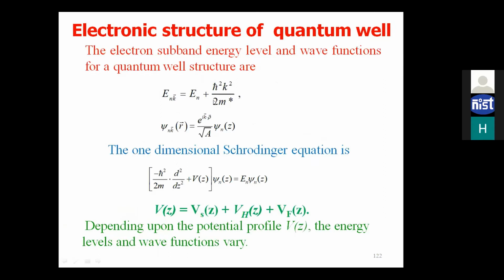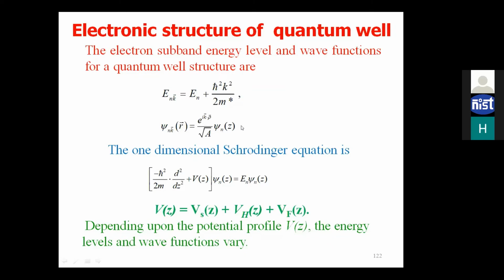Similarly, the electron which is present in the energy level E_nk is associated with the wave function which is ψ_nk(r), where r is a two-dimensional vector, equal to e to the power i k·ρ by root of A, times ψ_n(z). So here,